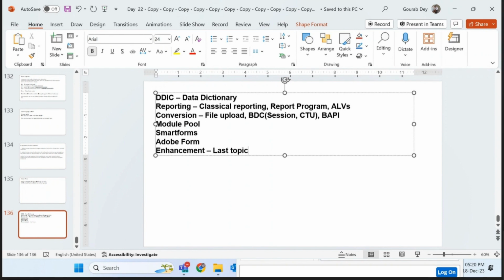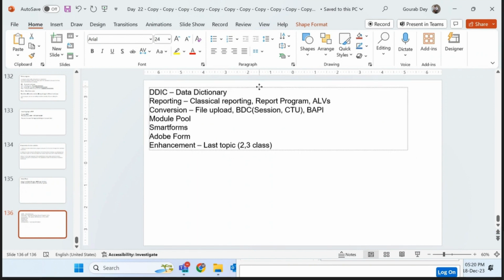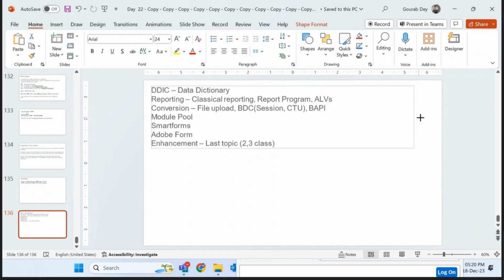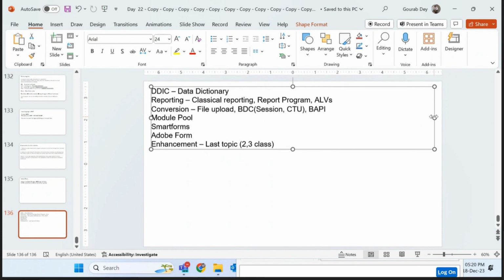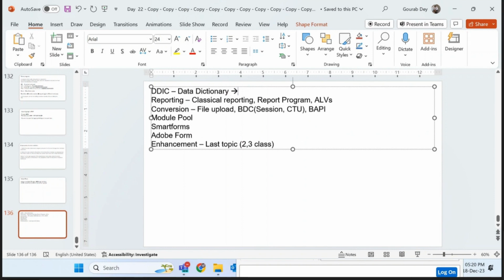Okay, sir, so we roughly need 2 to 3 classes. Once you complete this ABAP training, nobody will expect you to do an enhancement. This is one of the toughest tasks. When you join, you will be a junior consultant in ABAP. As a junior consultant, nobody will ask you to do any enhancement, but you will be asked to do data dictionary,